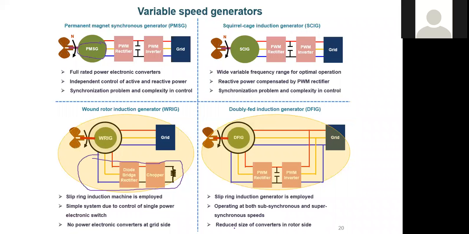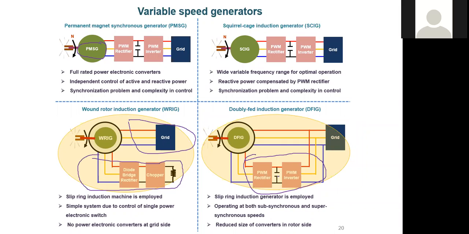So when you are using the power electronic controller in the rotor side, the size of the power electronic controllers is very small. It is slip power only, not full power rating, and the stator is directly connected to the grid. And if you want to pump the power from both the stator and the rotor, we require the back-to-back power converter system. Here the advantage is the power rating of the power converter will be slip power rated only, not full power rated.